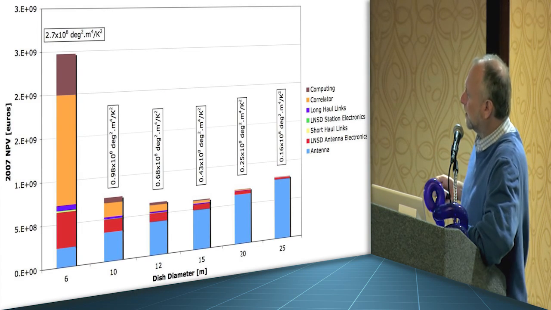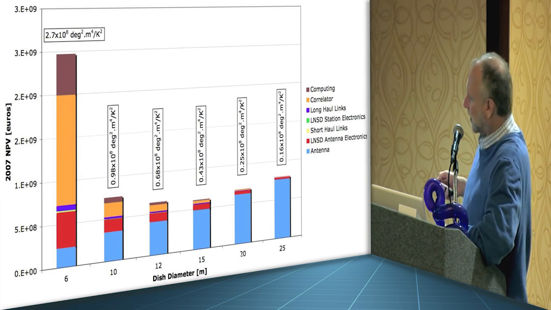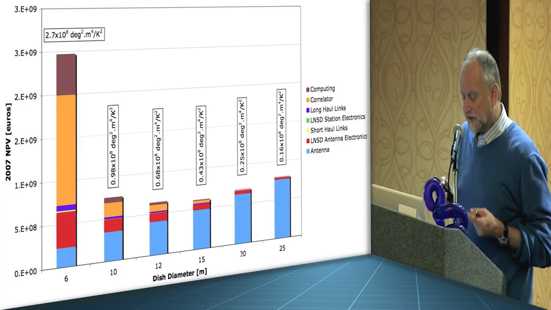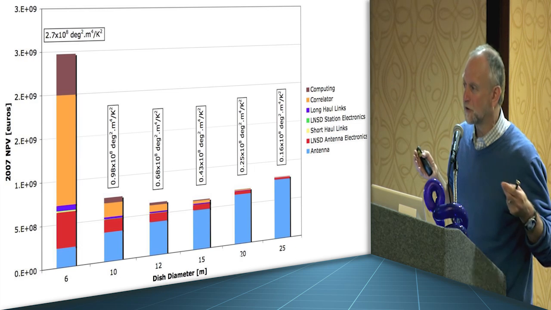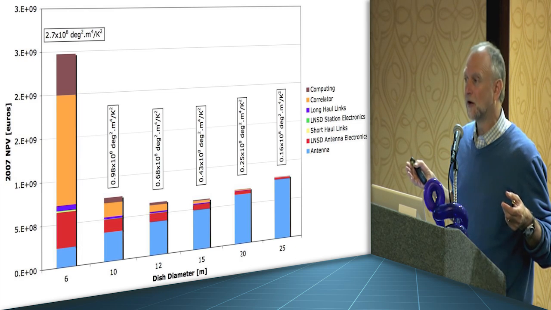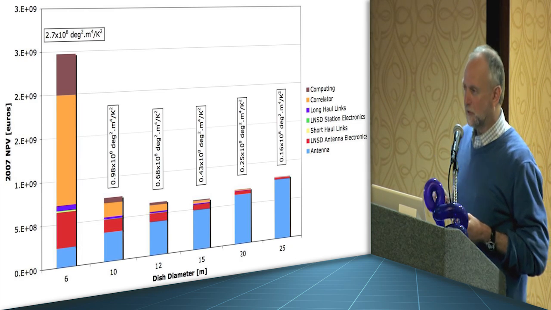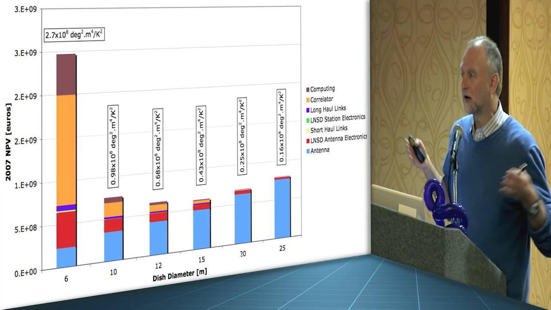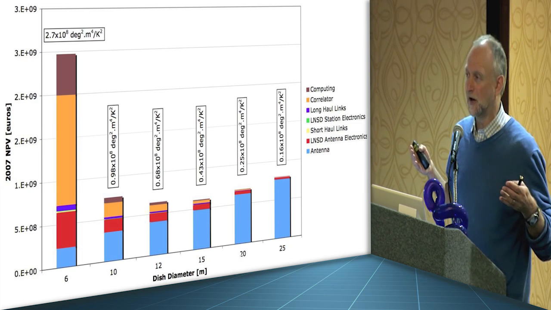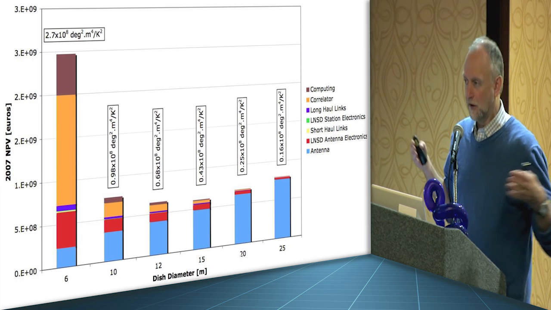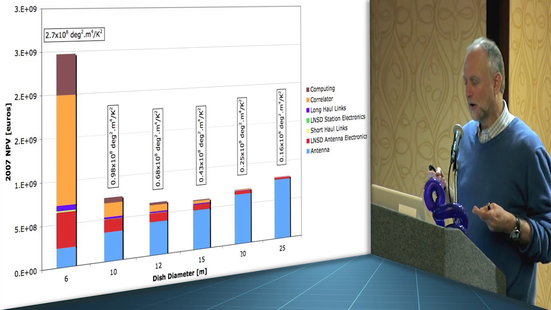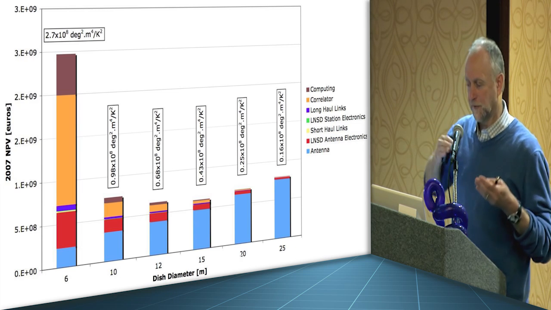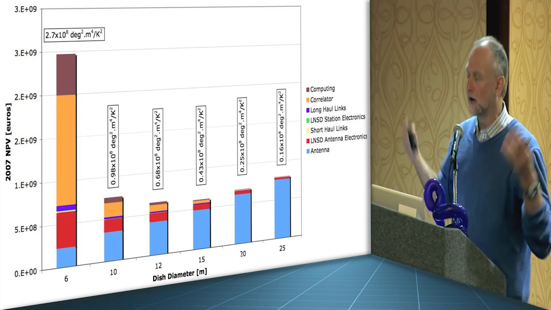This is a plot of the cost of the Square Kilometer Array. By the way, you probably figured out that instead of building these big dishes, the trend now is to build a big dish out of lots of little dishes. The reason is that for the equivalent collecting area, it's cheaper to build a telescope out of lots of little dishes than big ones. The cost of a telescope goes up almost as the cube, because even though we care about the surface, there's a lot of support structure underneath it.